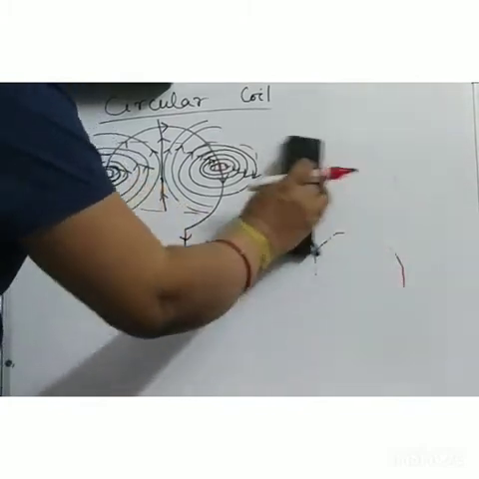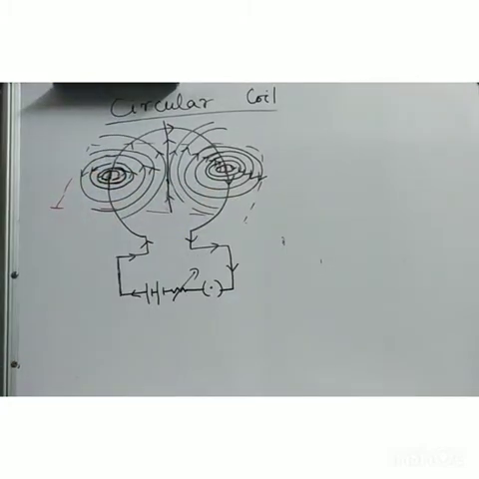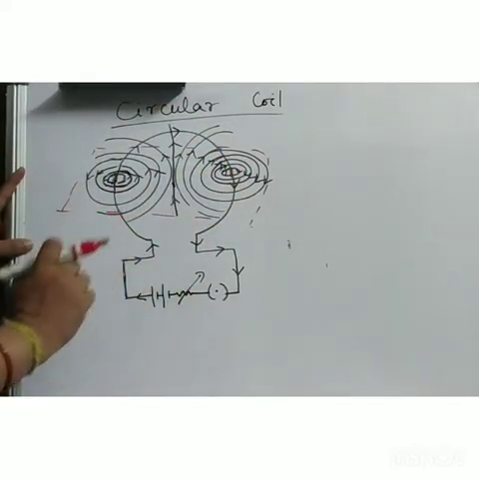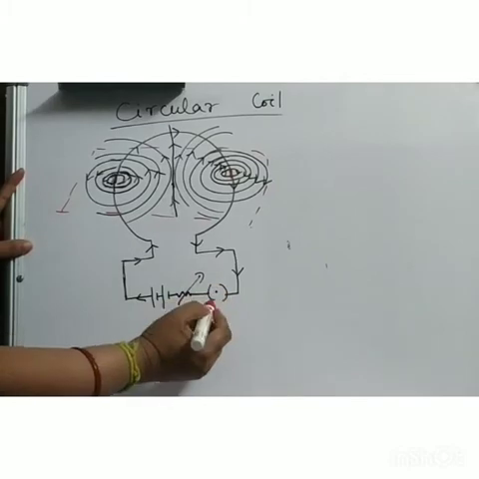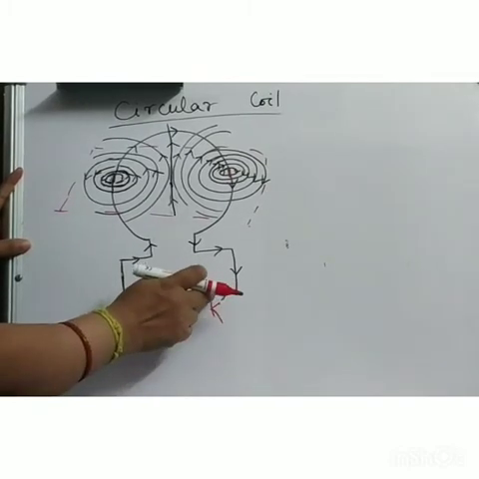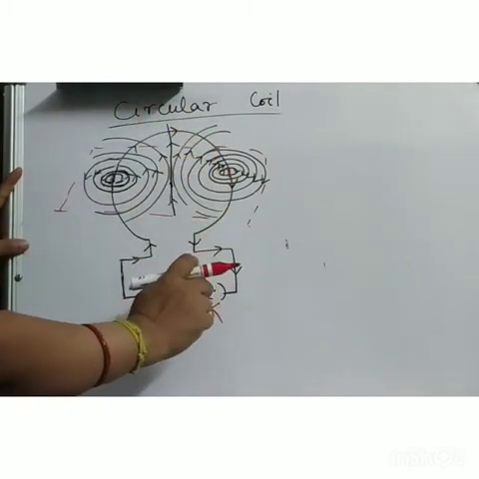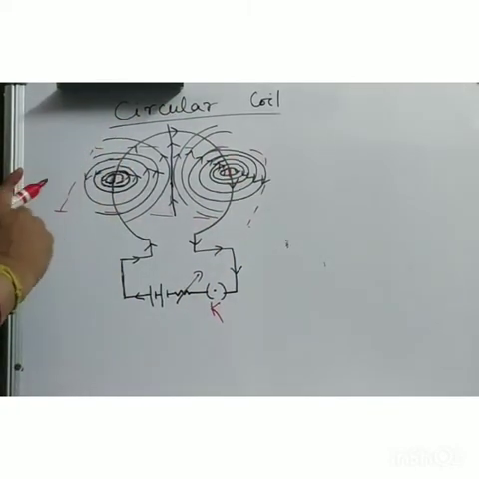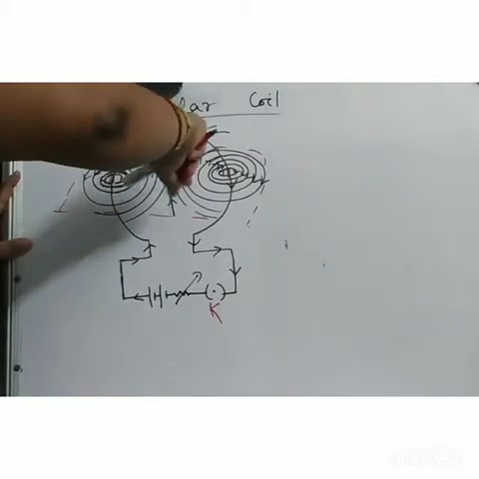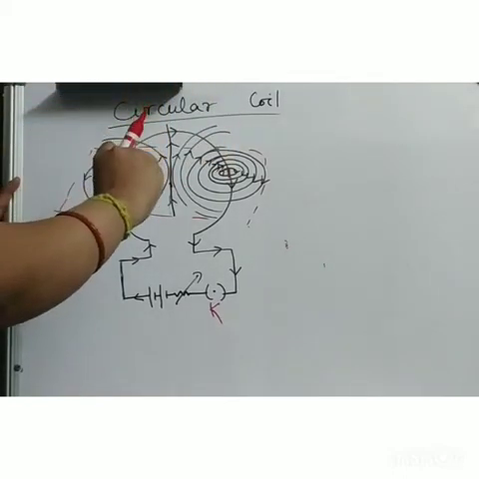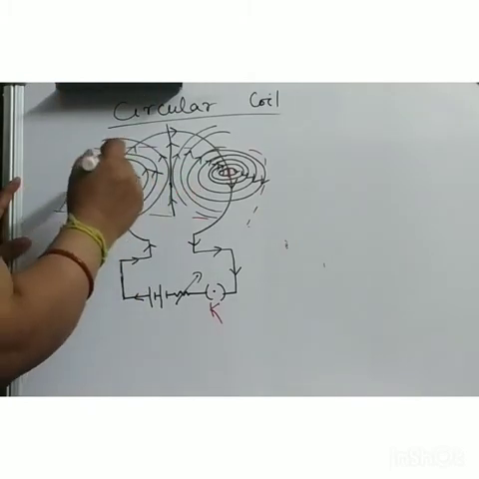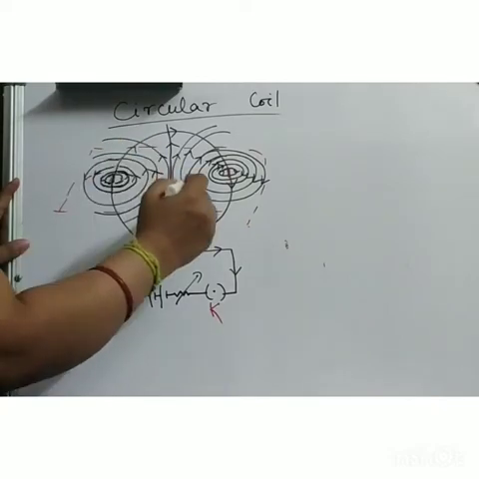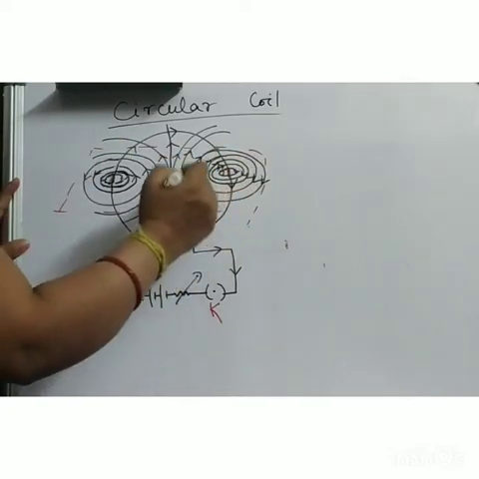How do we get the magnetic field? Again, this is your circuit diagram. The battery is connected to your loop, and a variable resistance is there. When the key is switched on, the circuit is closed, so current will pass through the coil. Now you will sprinkle the iron filings again. Then you will observe the iron filings arrange themselves in this fashion.